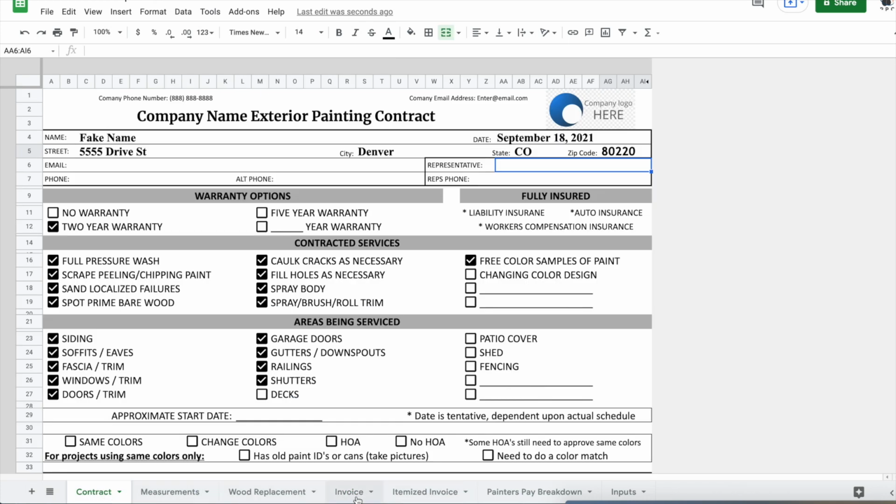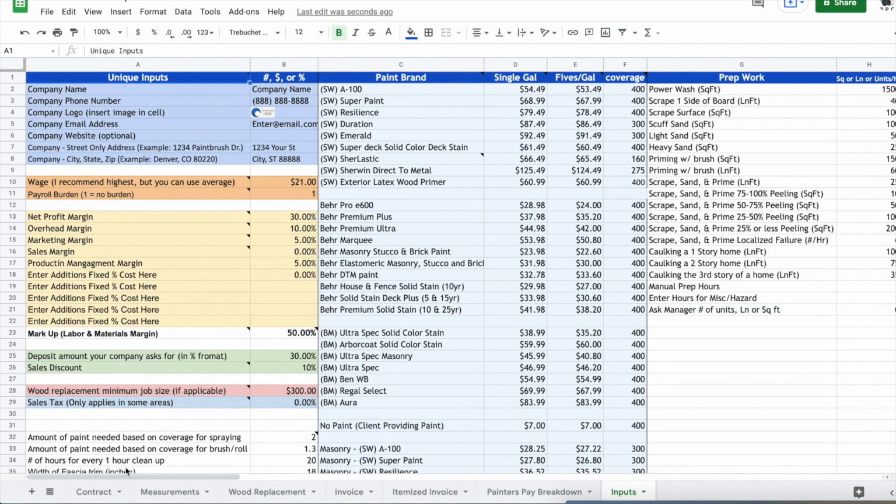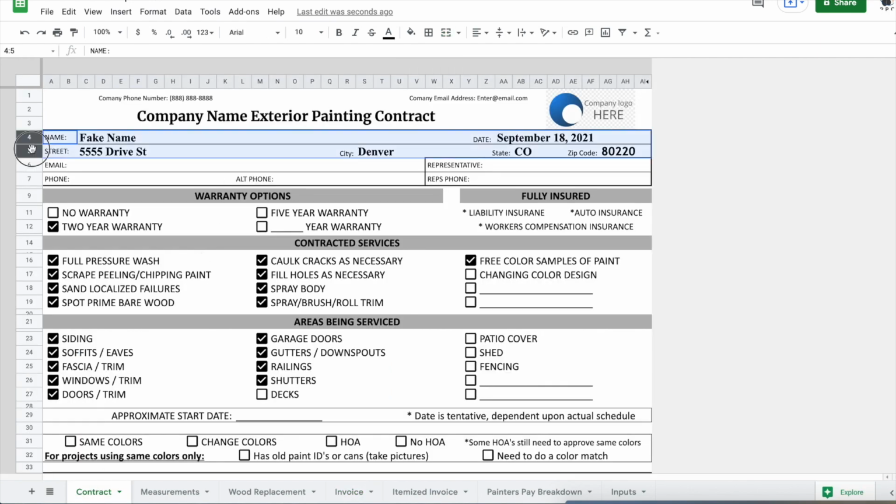So I'm going to quickly go over how this works. Your information is going to come up here, which is going to come from the Inputs tab after you fill in your company information. The homeowner's information, which is right here, is going to come from the contract. So you're going to need to fill out these lines right here on the contract, which is just their name